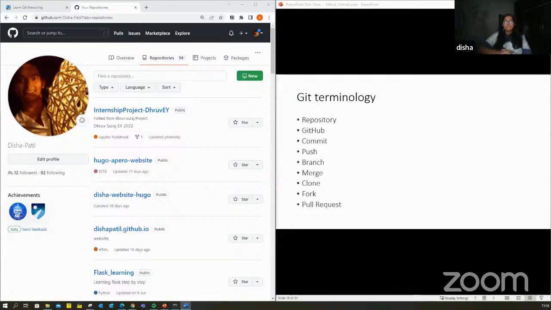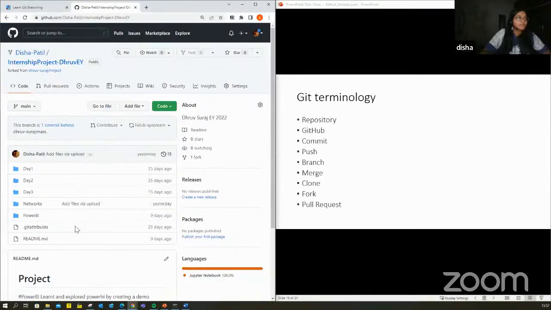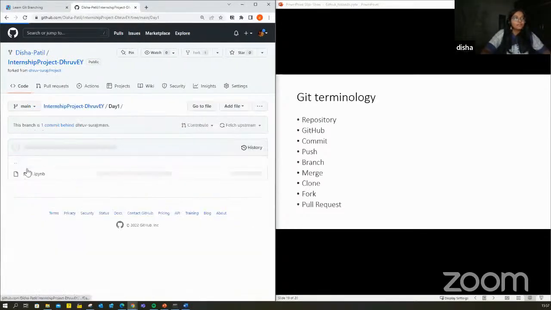Okay, now this one repository has all the information related to your one single project. For example, I have, what should I take? Okay, I'll take this repository, the very first one. Okay, so I have some files over here and I have some folders over here. Every individual folder will also have some files in it if I want.